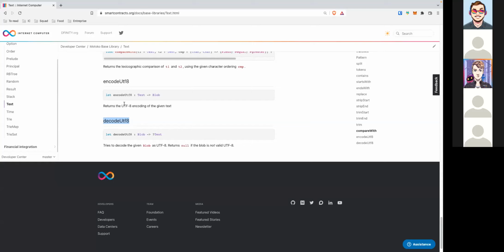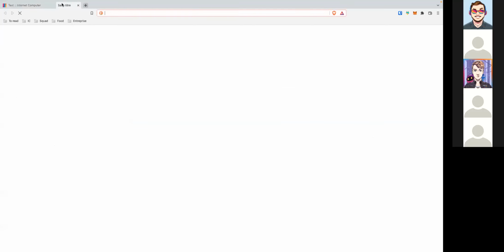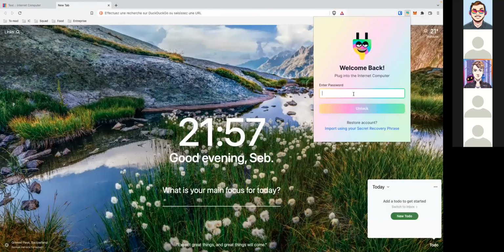It depends on what you want to do with the text. If you have just a bunch of files and you want to create a really simple NFT, I would say just put the blob. So maybe I can show you